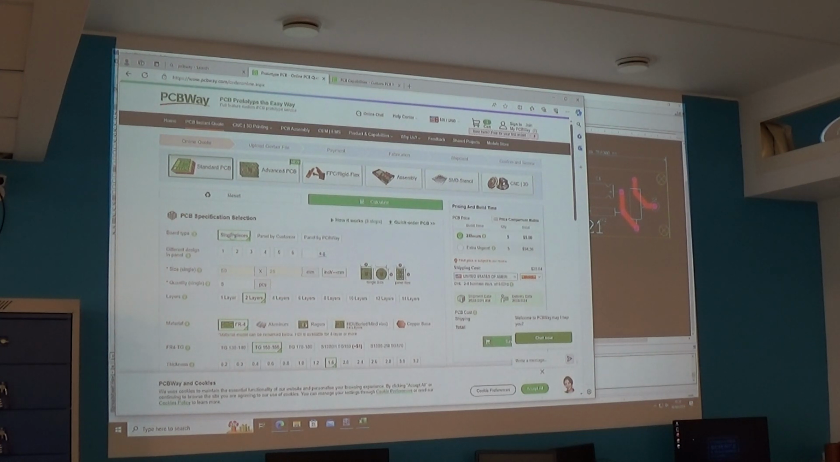So my board type, I want the output to be single pieces. Typically, if I was to build lots of boards, I would place them on a panel. And what that means is one big board, and my board, which is 25 by 50, replicated many times on that same big board, and then either routed with little break-off tabs so I can pop my boards out, or